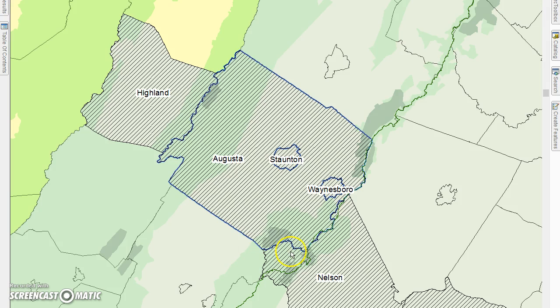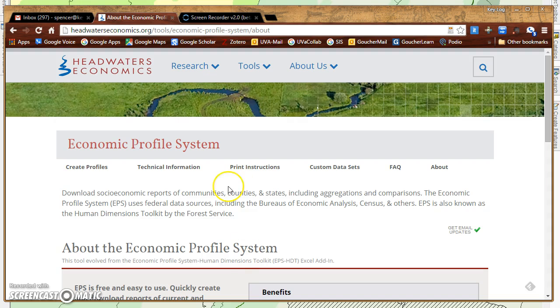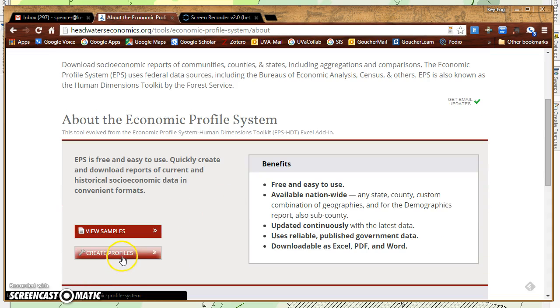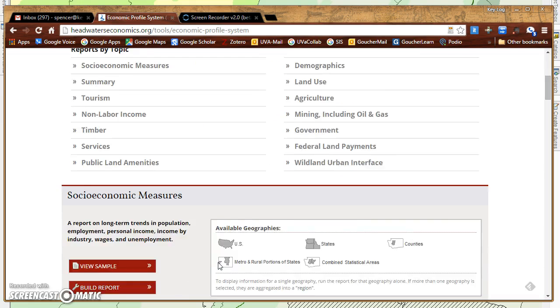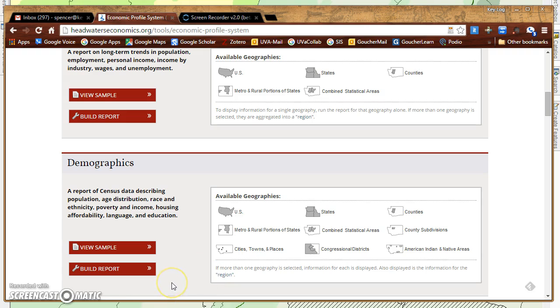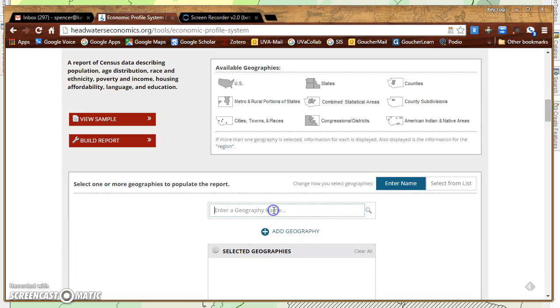So what we're going to be doing is creating a profile of just Augusta County. But we're going to do two different profiles, one for demographics and one for socioeconomic measures, and we're going to construct those in slightly different ways so that we get compatible information from them. So back over to the website for the EPS, and we're going to scroll down here and start by creating profiles. And the one I'm going to start with is the demographics, because that's the one where you have to separately include the county as well as the independent cities in your selection of geographic areas. So start with the county here,